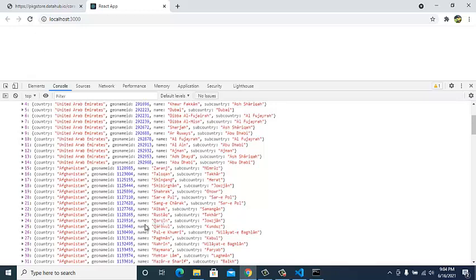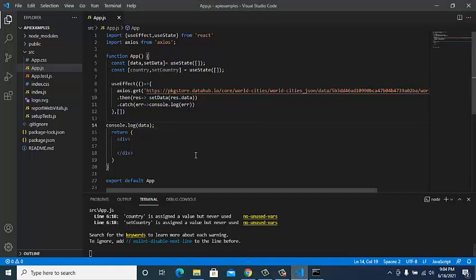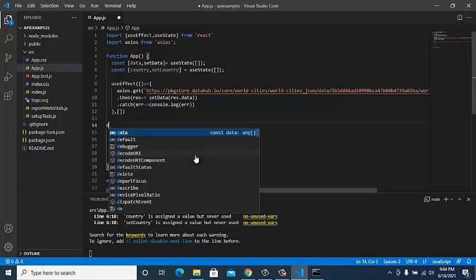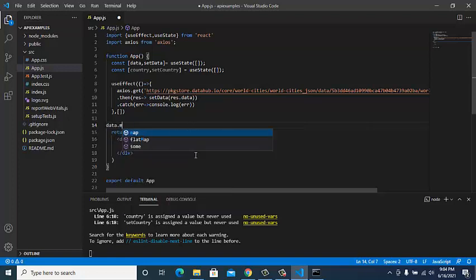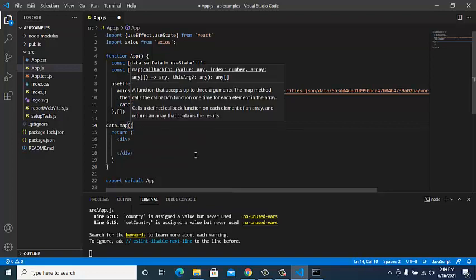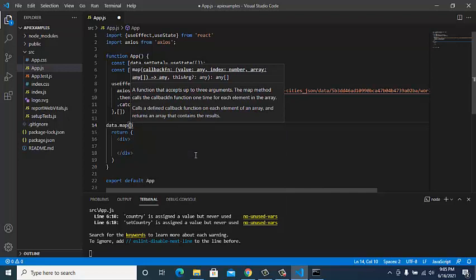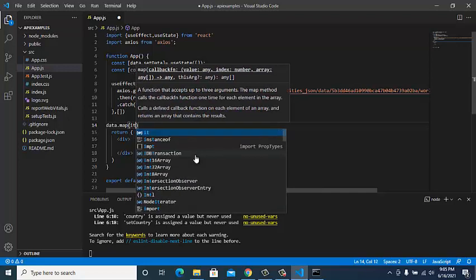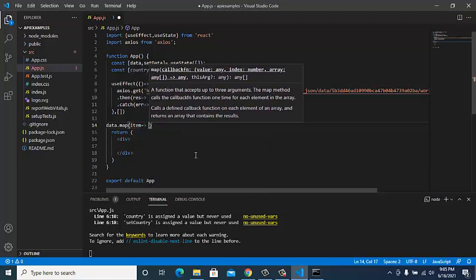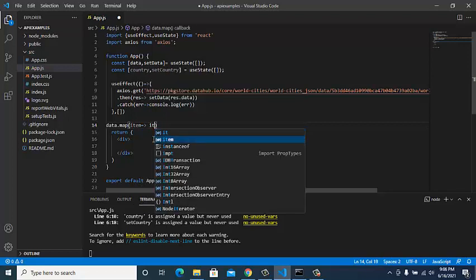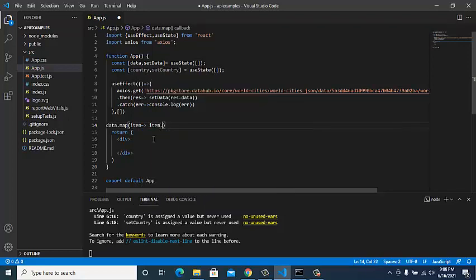For that, I'll take the data and write data dot map, and inside that map we should have a callback function. So I'll give items in the data, and I'll get the country from the items.